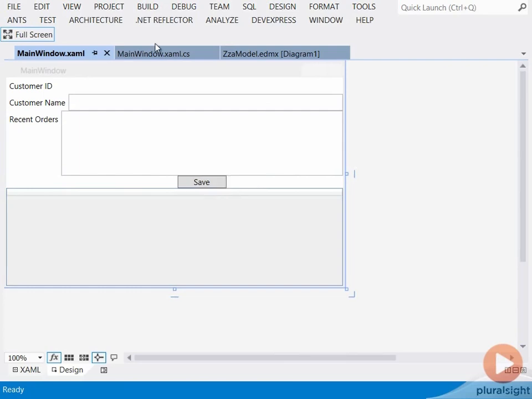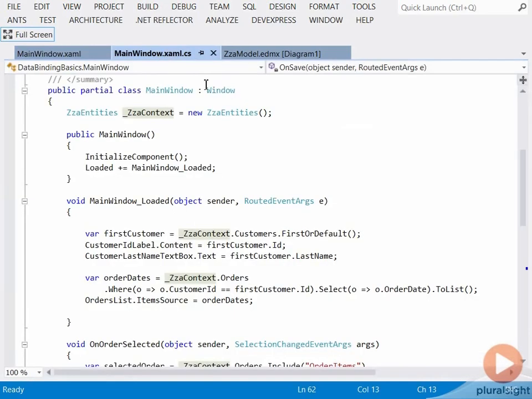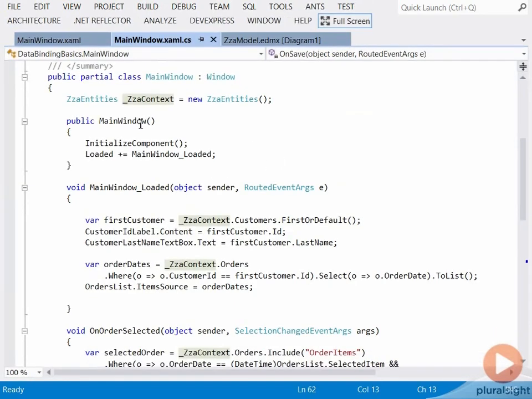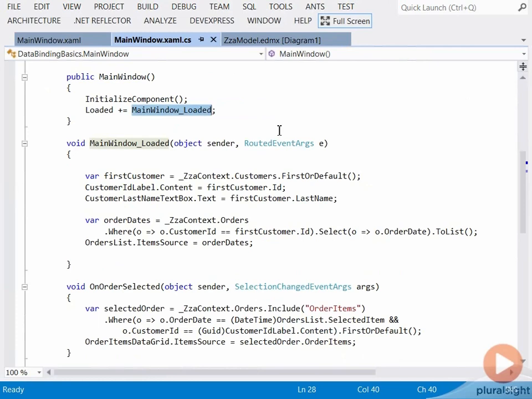Now really a good starting point when it comes to considering data binding is to think about what the code needs to be to support a data form like this when you don't have data binding. If we drop into the code behind here, we can see that we've got our main window. We're newing up an instance of our object context, our data model. We've got a loaded event handler hooked up. And in that event handler, we go out through our object context, execute a query to get the first customer